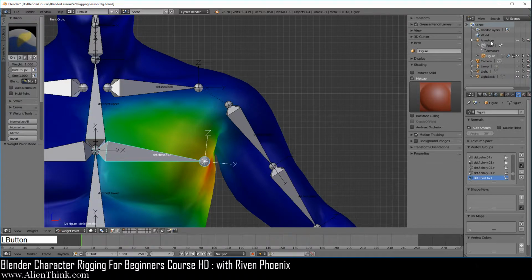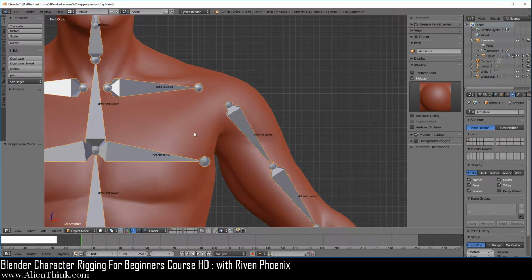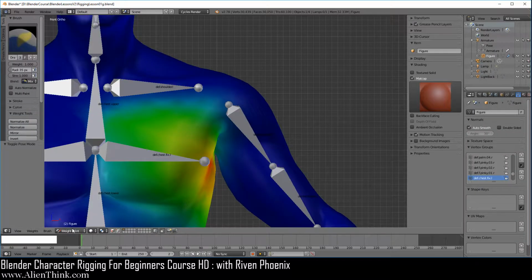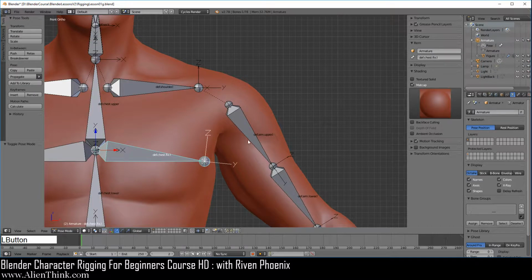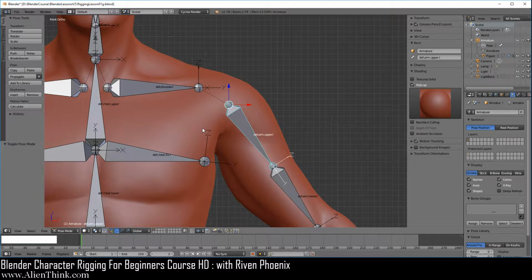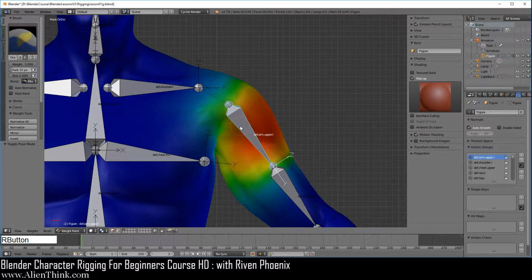Now on the armature, first go ahead and switch this to object mode. Okay, now click on this figure. Notice that we are in weight paint. Now this is a special thing in Blender when you are working with armatures and when you are in weight paint mode. If you go to the armature and switch this to pose mode, where it gives you the ability to click on a bone, then when you click on the figure and switch to weight paint mode, you can actually click on the bone.